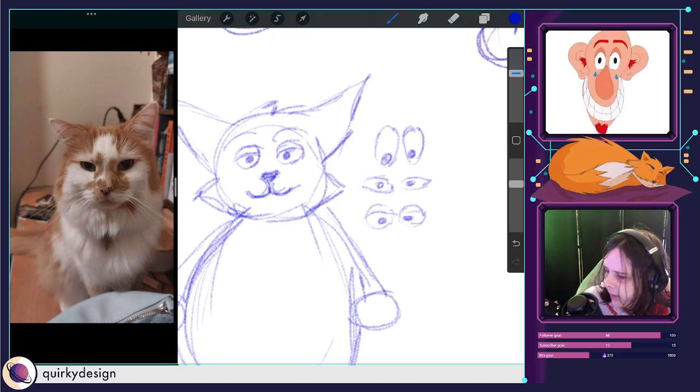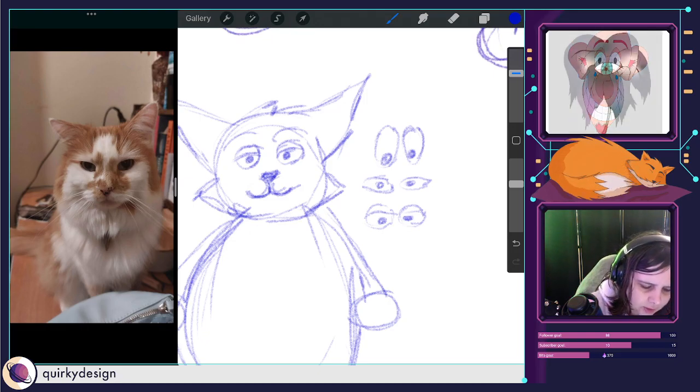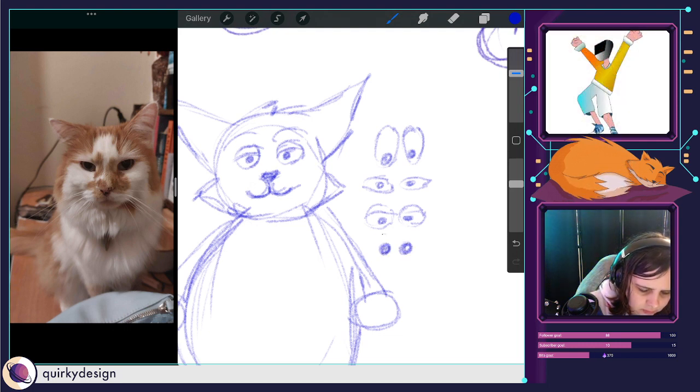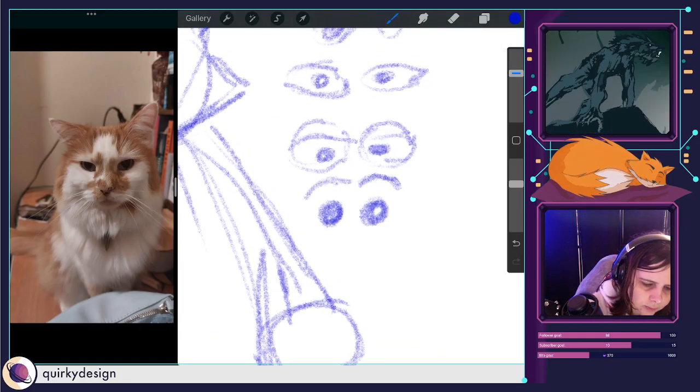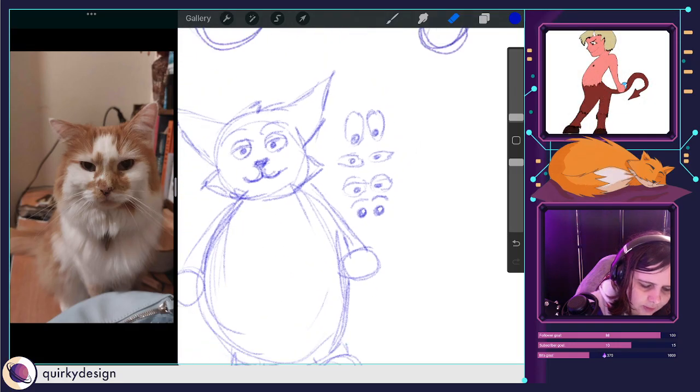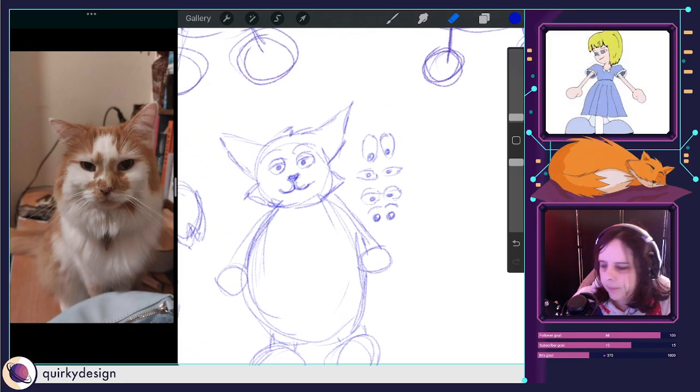Then you've got the ones that I've just been doing where it is literally a dot, which I think looks quite cute, because you can just make a little circle to give it an eye shine.